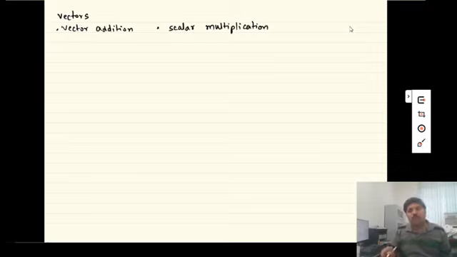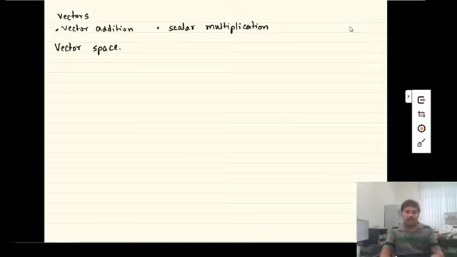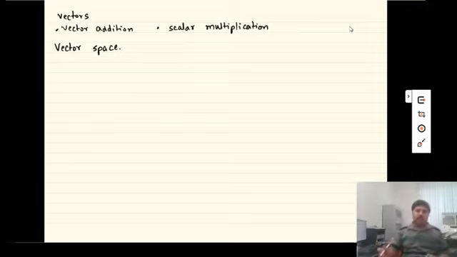So what we want to do is recall the properties that we had listed down for vector addition and scalar multiplication, and we want to define an object. The object is called a vector space. So the object that we want to define is a vector space. Basically it is a collection of vectors which satisfy certain properties. So that's what we really want to do. I'll write down the definition and then we will go word by word and understand what we really mean by